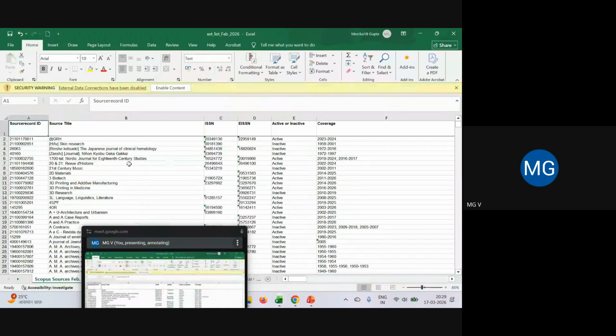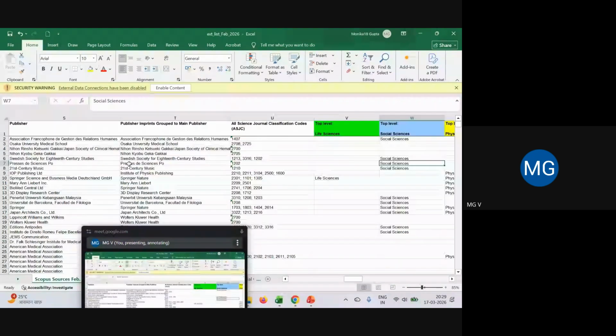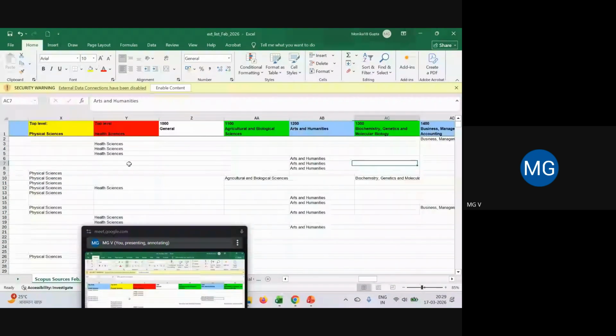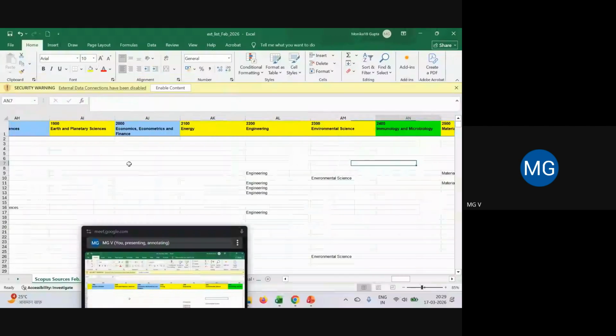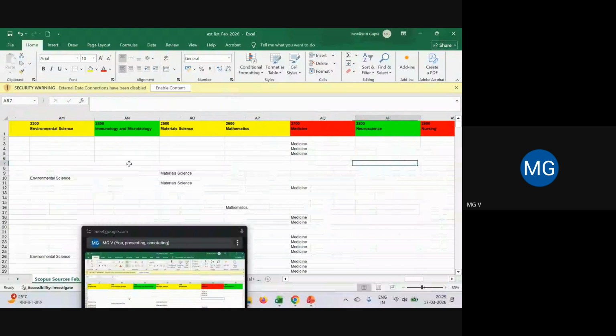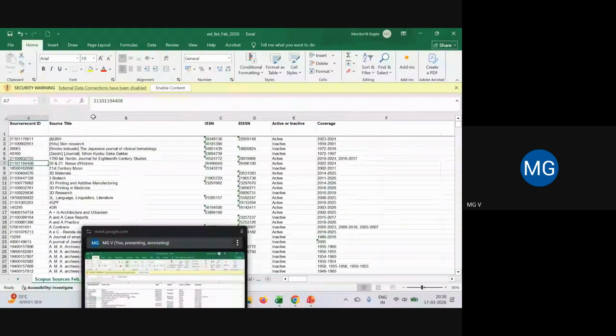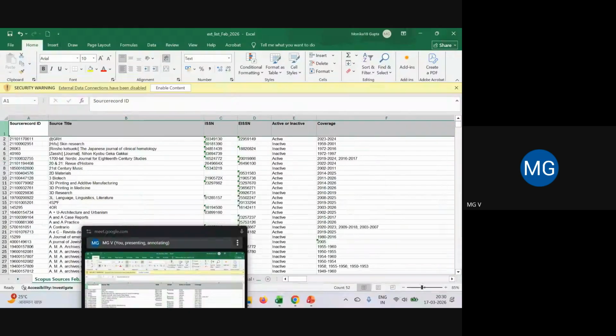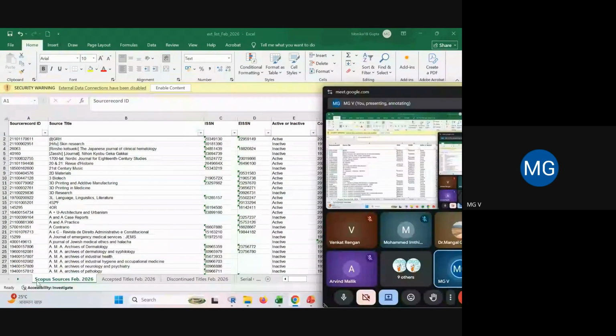Right? Now you can limit your search. How you can limit? Just see the colored boxes. You can identify your domains. You can put filters here because it is a huge database. You do not need everything here. So see here again you have Scopus sources, accepted titles, discontinued titles, and so many options. But we do not need all this. So we need to limit our search.